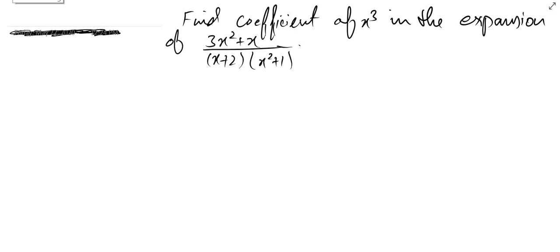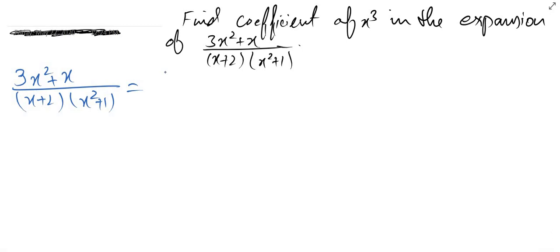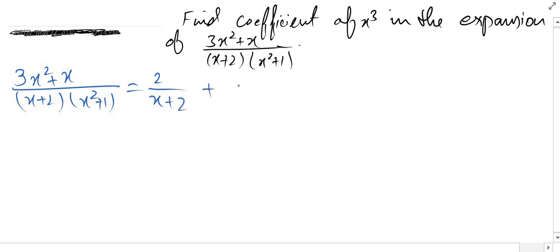Now for example, he is saying: find the coefficient of x cube in the expansion of (3x square plus x) over (x plus 2)(x square plus 1). As we have already derived these partial fractions, x plus 2 over x square plus 1 is equal to, we have derived the values of this expression, 2 over x plus 2 plus (x minus 1) over